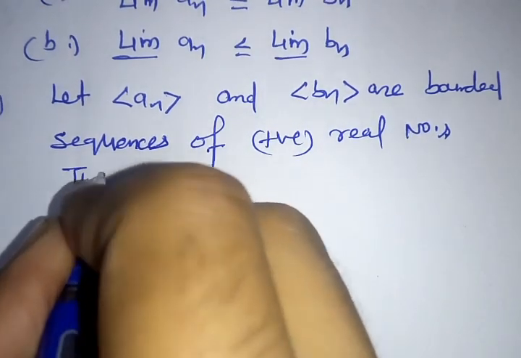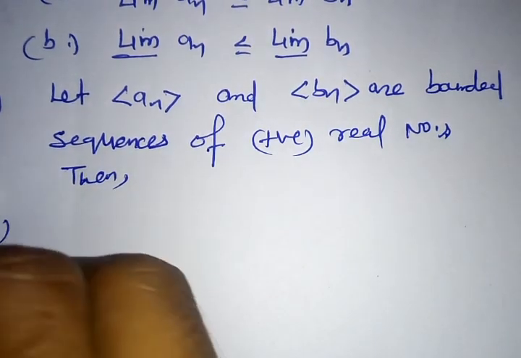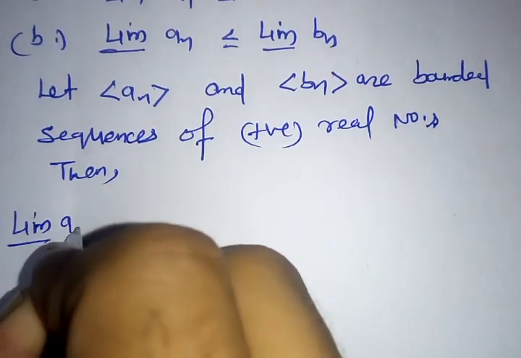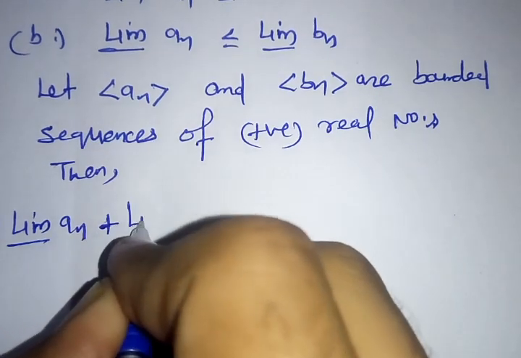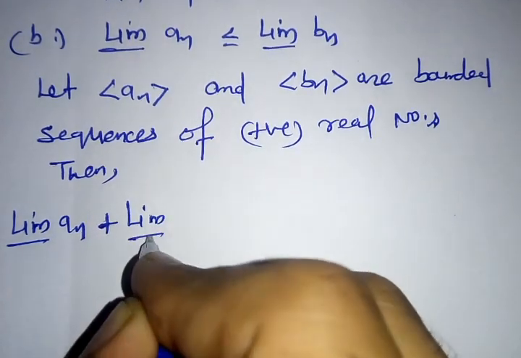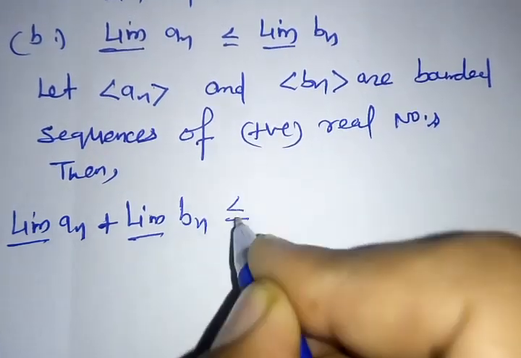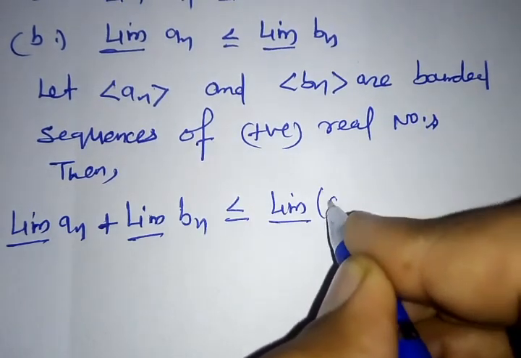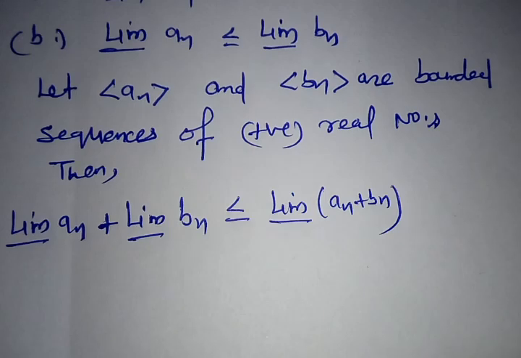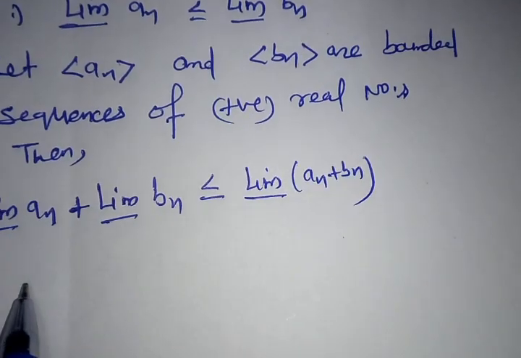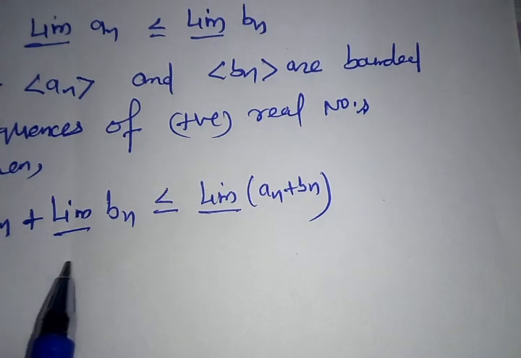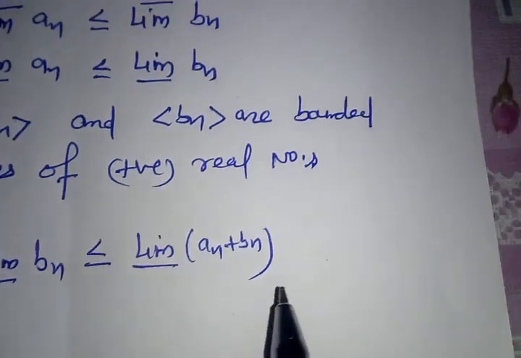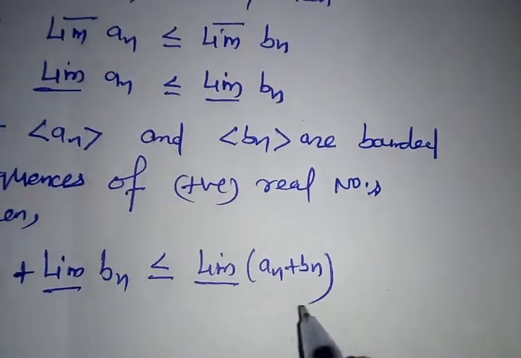Then part a: limit inferior of an plus limit inferior of bn is less than or equal to limit inferior of an plus bn. Okay, so limit inferior of an plus limit inferior of bn is less than or equal to limit inferior of an plus bn, and it is less than or equal